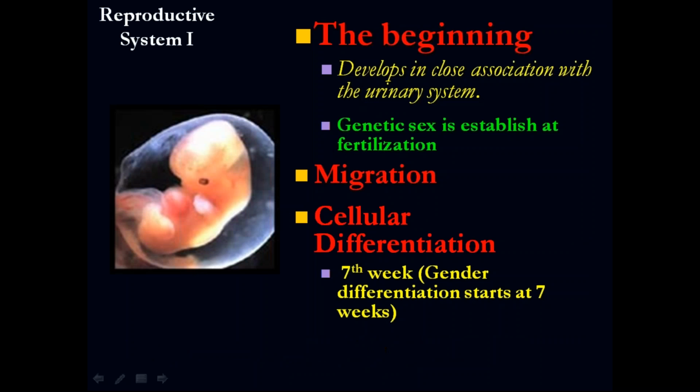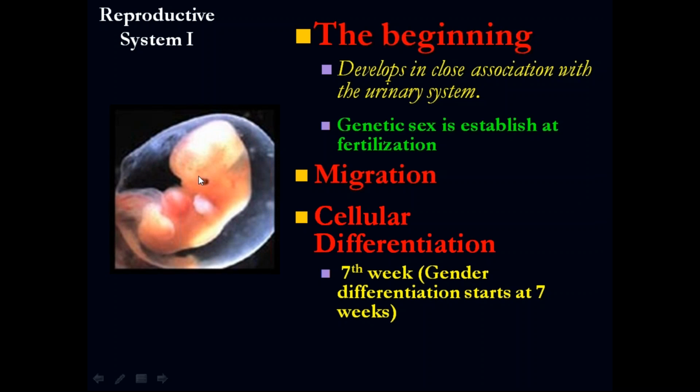From the very beginning and about the reproductive system. All right, so here we have an embryo. It's about 12 weeks of gestation, and the question is at what time the gender is going to be established in this moment. Actually, the gender, as you can tell, is going to be determined at the time of the fertilization.